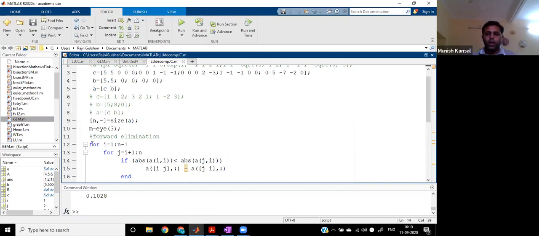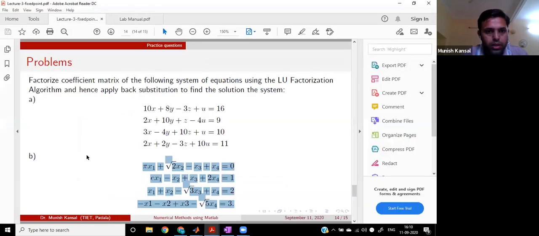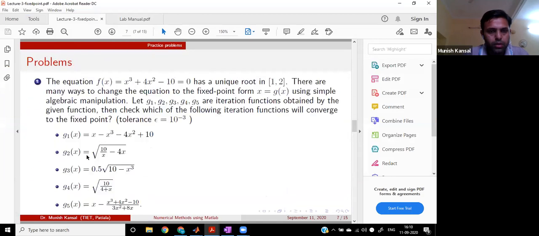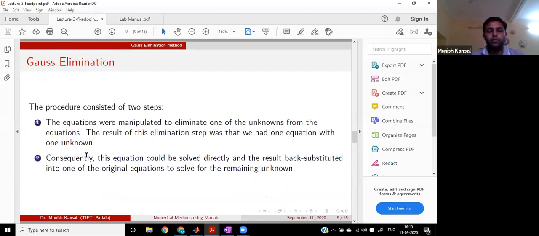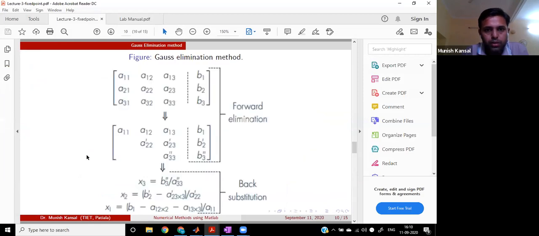So you can always modify your given programs with the help of basic ones. That is upon the user choice. Whatever program you are making, you can always do some cosmetic changes in that, right? So this is the program for Gauss. Let me just recall. This is the Gauss elimination. We have shown that we have divided the coefficient matrix into upper triangular one, then back substituted to find out the solution. So this is the idea. First we forward eliminate, then we backward substitute. This is the idea of Gauss elimination.